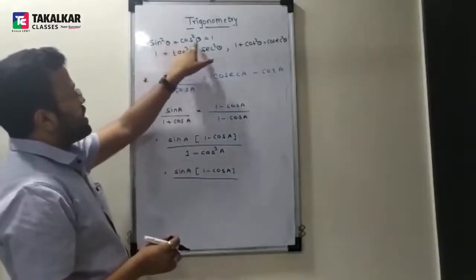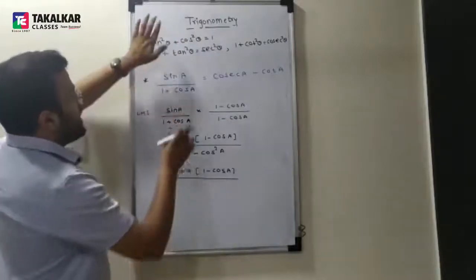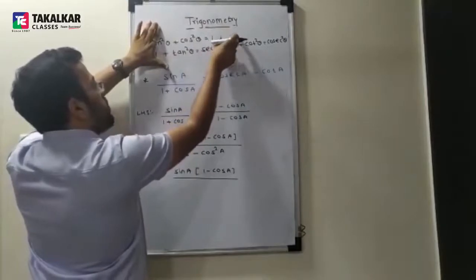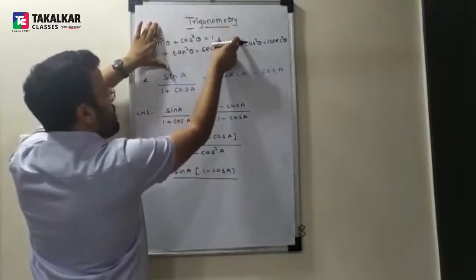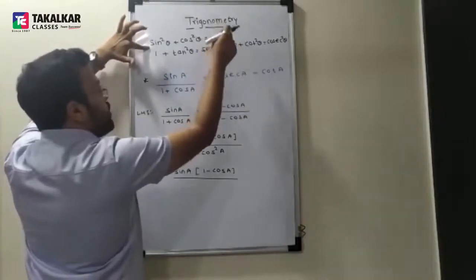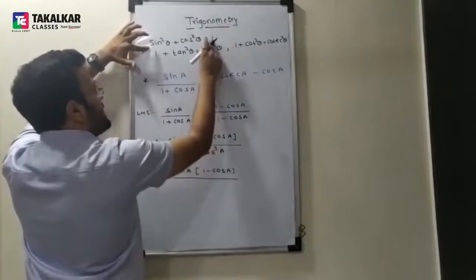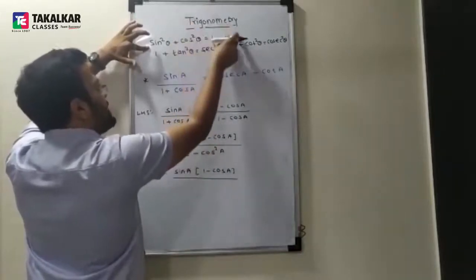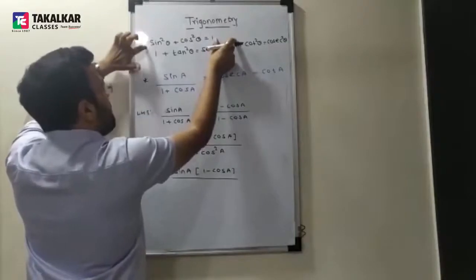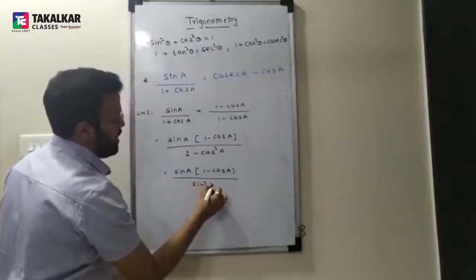So you will take help of this identity: sin square plus cos square is equal to 1. What do you want here? 1 minus cos square. 1 as it is, and shift plus cos square here. So what will you get here? 1 minus cos square, and what remains? Sin square. I'm writing once again. What do you want? 1 minus cos square. 1 as it is, plus cos square goes to the other side, so what will come here? 1 minus cos square, what remains? Sin square. So here I have written sin square.